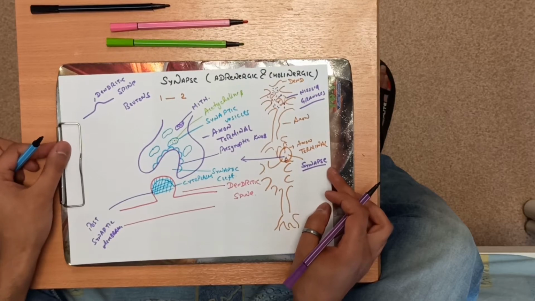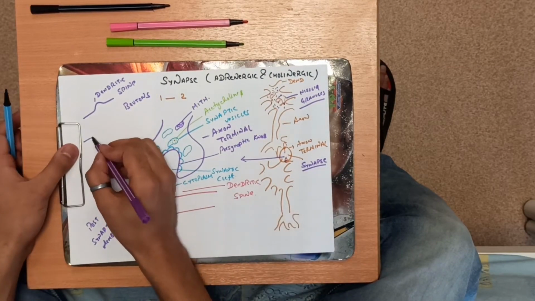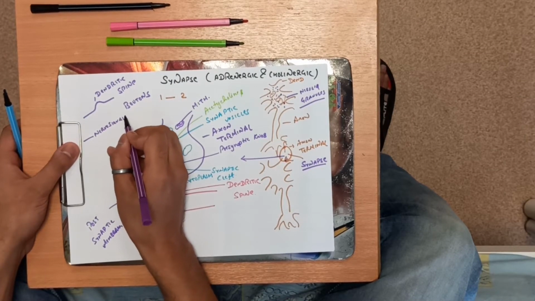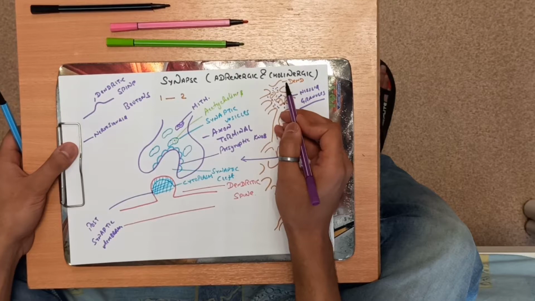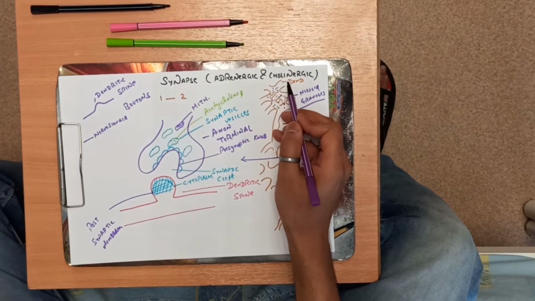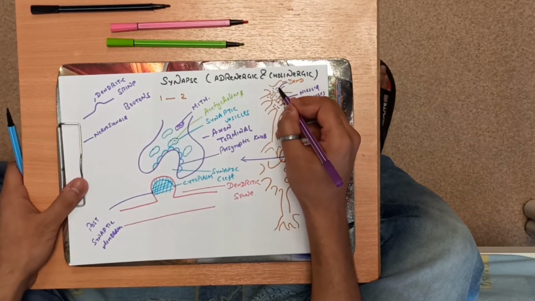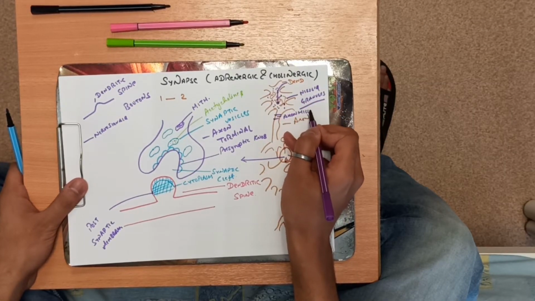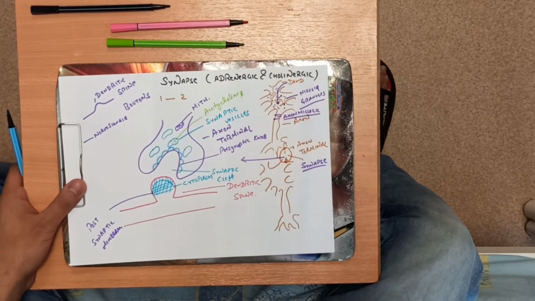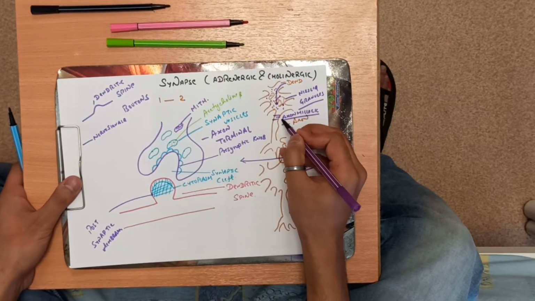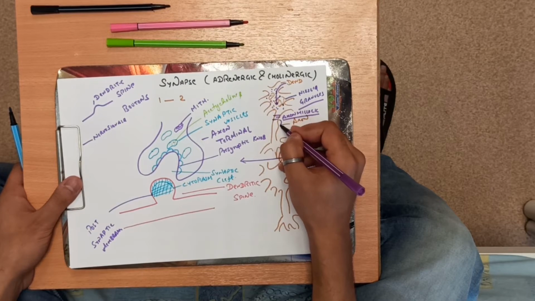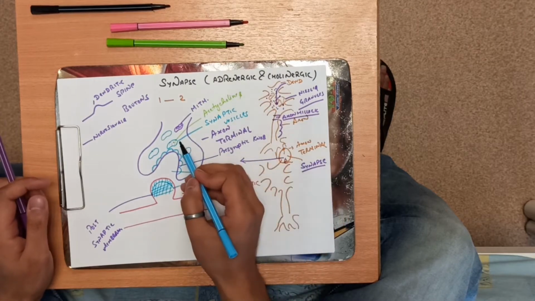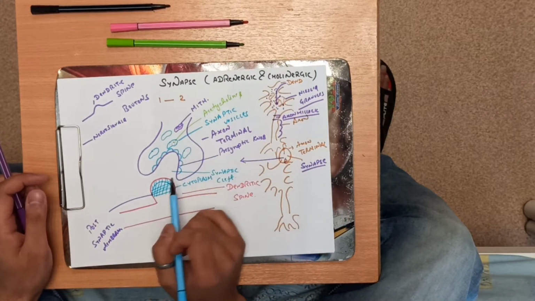Now what happens, as I have not told you about the action potential, resting membrane potential, etc., I'll be telling you in the next videos. As soon as you touch something, the nerve signals transmit and reach the body of the dendrites of one neuron. From the dendrite, it will go inside. This part is the axon hillock. This is the part where action potential is produced. Once the action potential is produced, it will go down by saltatory conduction, which is called a jumping conduction. It will reach the axon terminal.